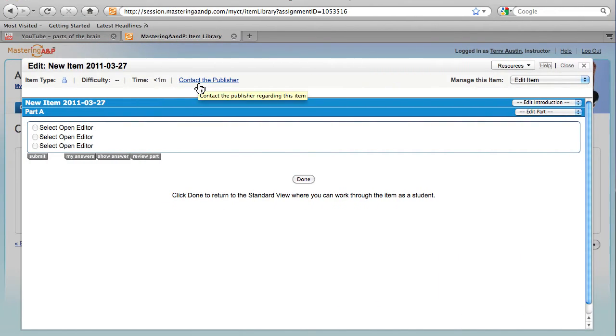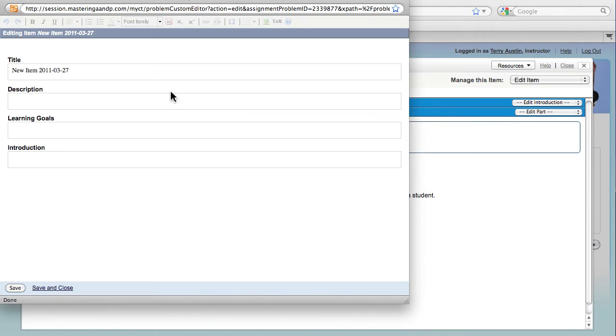Here's where we're going to begin to create a little bit of magic. First of all, in the top bar, I want to come to its menu and edit this introductory part. We're going to open the editor, and you'll notice that there are 4 items here: title, description, learning goals, and introduction. For title, gross brain anatomy,